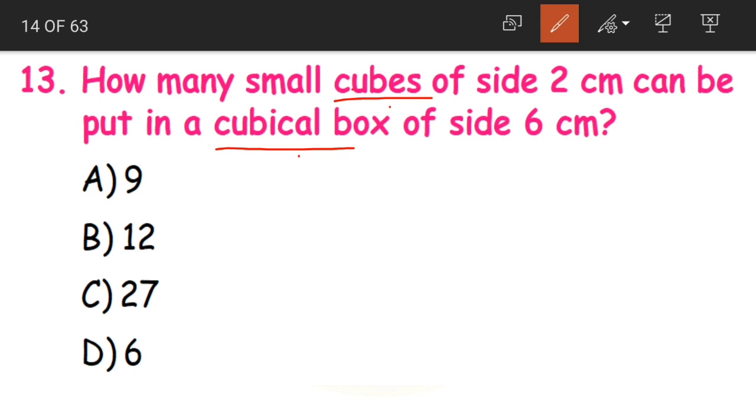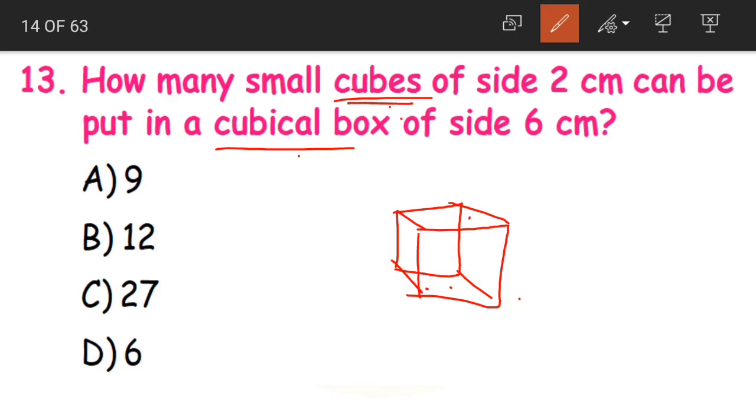Cubes and cuboids are 3D shapes. For example, what does a cube mean? Any square shaped box. Yes, any square shaped box, it would be like this. This is the shape of a cube. 3D, do you know 3D? Yes, we know 3D, right? It is an object which can be seen, a real object. Yes or no? So a cube is a 3D shape. Understood? And similarly we have the cuboid. It's a rectangle like this.